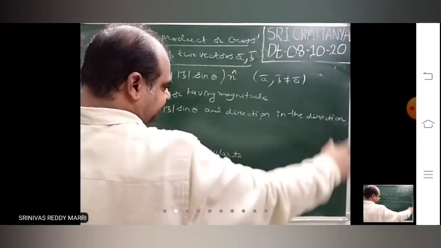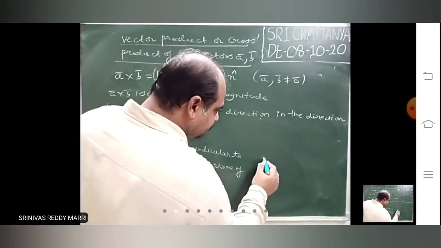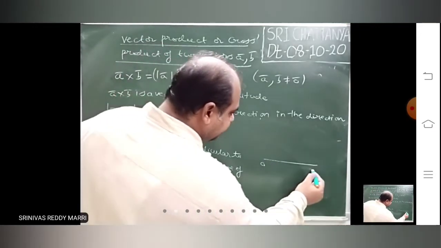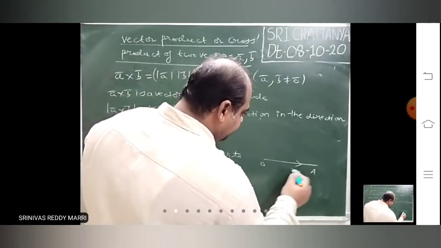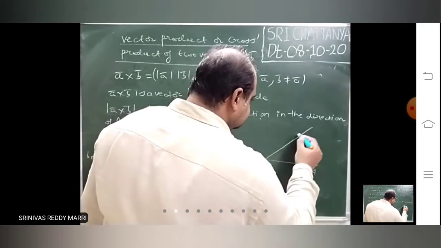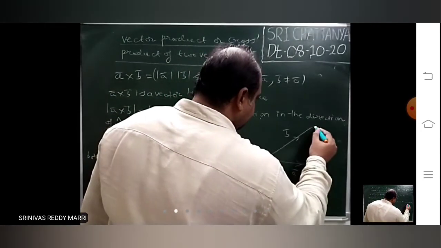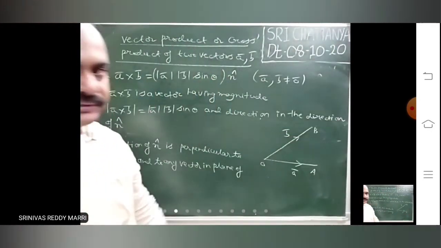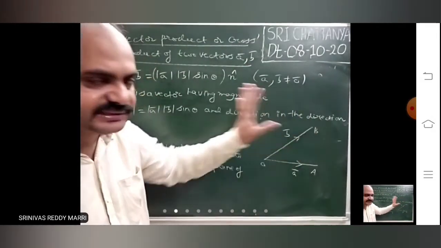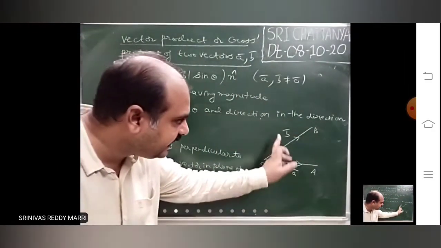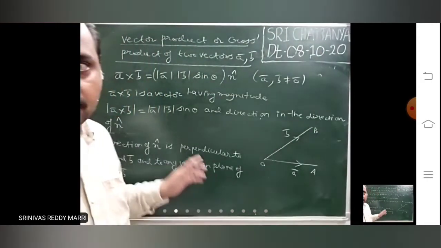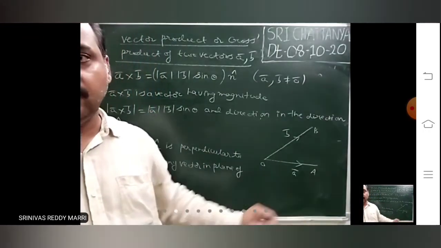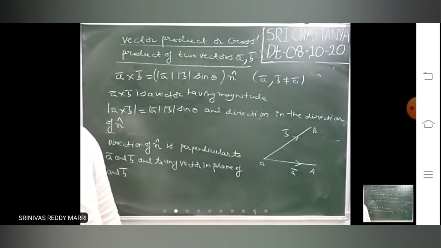Now look, this board is there. Let us take two vectors like this. This board is my plane. So on your paper as you are writing, just like that on the board, I am writing A bar and B bar like this. So on the board two vectors are there. That means on this plane two vectors are there. What is the plane containing A bar and B bar? This board. What is the plane containing A bar and B bar for you? Your paper, on which you have written. That is the plane containing A bar and B bar.